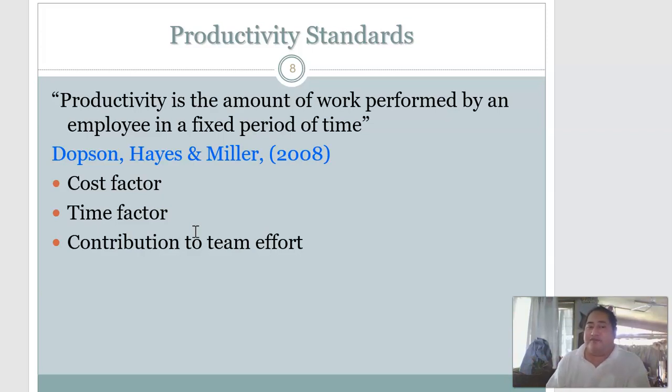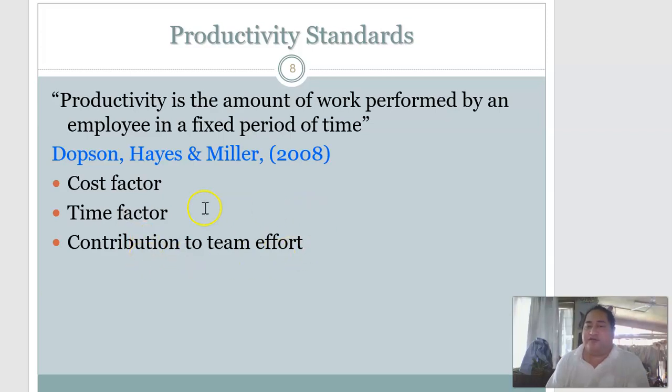Okay, what would the time factor be? It is the fixed period of time, right? They must complete it within that duration. So we look at it as a timeline. You must have a timeline in place so that you know you're achieving that objective within that time frame,